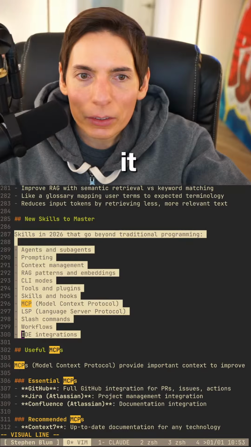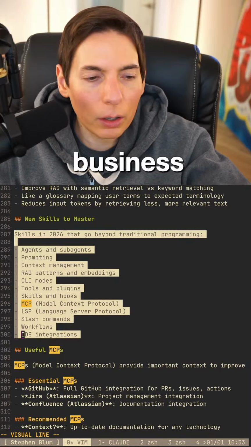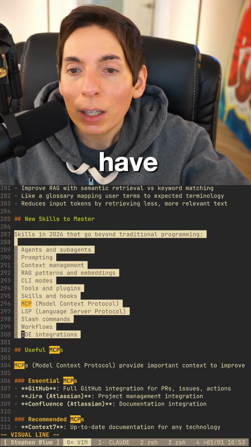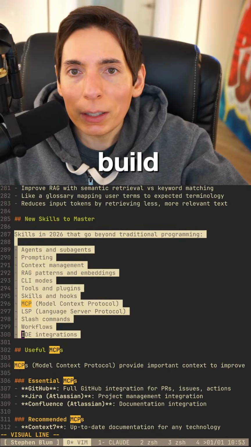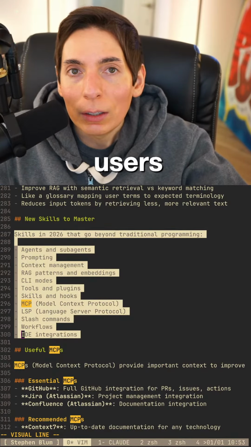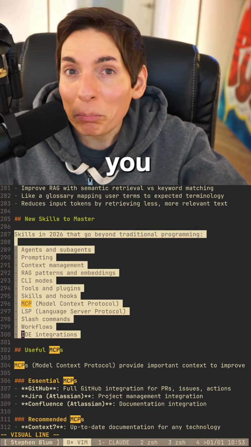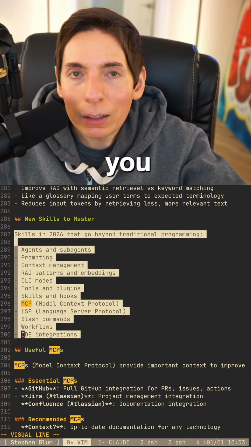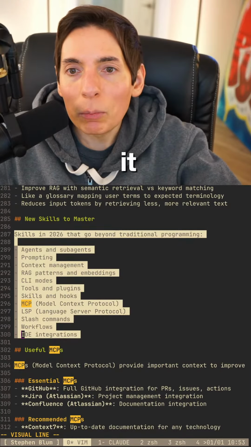Oh, right. I need to ask you this, Steven. How do you start a major project like a business? Well, you have to be ruthless. You have to be fast. You build the MVP, you release it, you get users, and then you ask the users their feedback, and then you iterate. And you might completely pivot. And then you do that again, and you repeat. And then you go to market, you start selling it, you get more users.